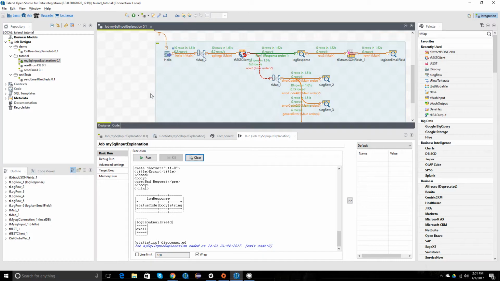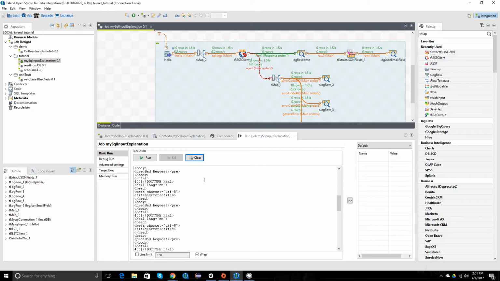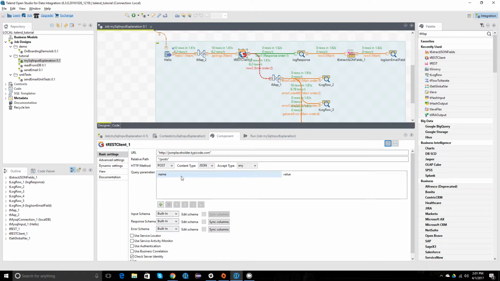Nope, still it's not working. Well, it's a bad request, so the information we're sending there is not valid. So it's something to do with how we're